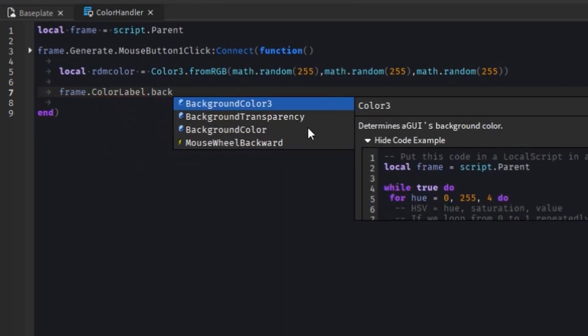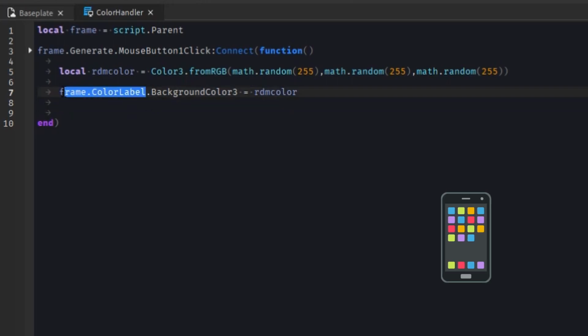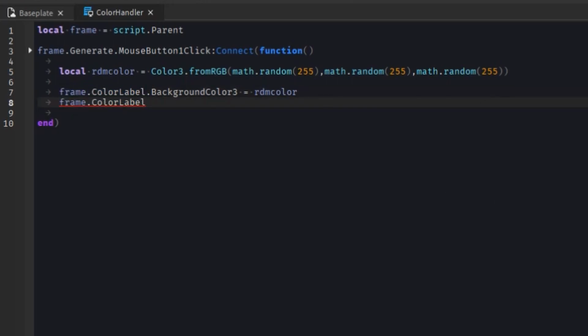going to set its background color to be our random color that we just made, right? And then we can also set its text to be the background color too. What the hell? Hold on. Alright, so yeah, we're color label, and now what we want to do is get its text, and then we'll